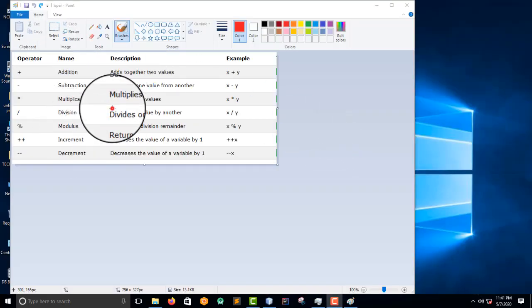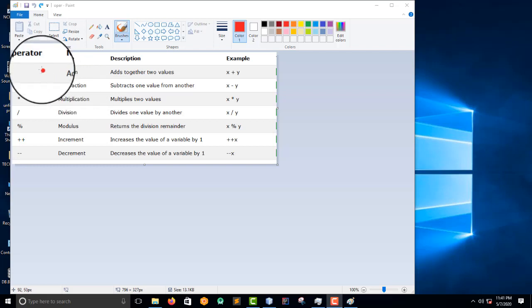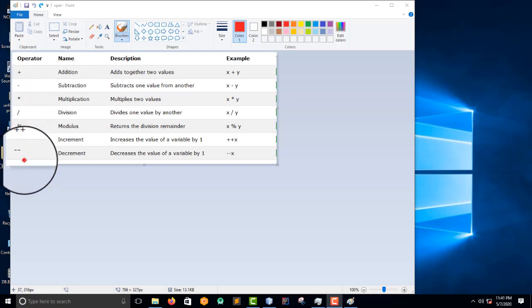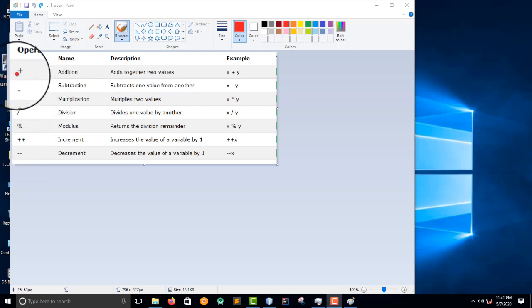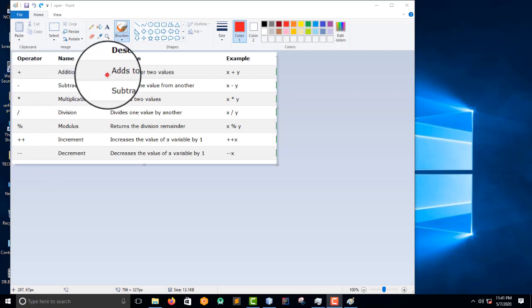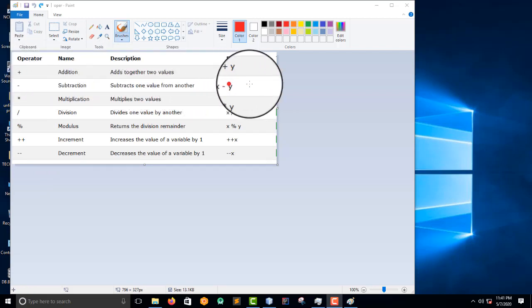So guys, the arithmetic operators, and I've already said that the arithmetic operators are used to perform common mathematical operations, like 1 plus 1, 2 plus 3, 3 minus 1, all that. So we have these operators here, and then this is an addition operator. It's used to add two values like x plus y.